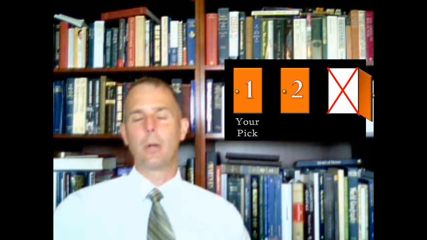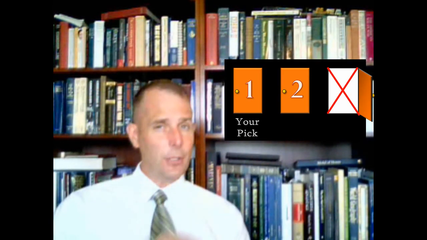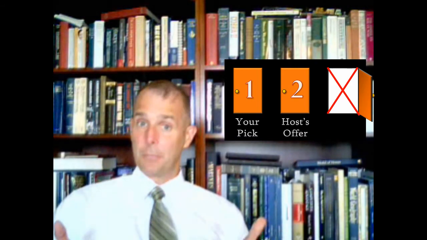The situation is, Monty shows you 3 doors. There's a prize behind one of them, and you get to take your pick. Let's say you pick door number 1. Monty says, well, it's a good thing you didn't pick door number 3 because that was a loser. He opens the door, wah wah, no prize. But there's still door number 2. You want to stick with door number 1, or do you want to switch and get what's behind door number 2? Okay, there's your problem.